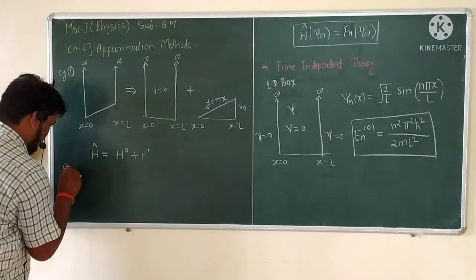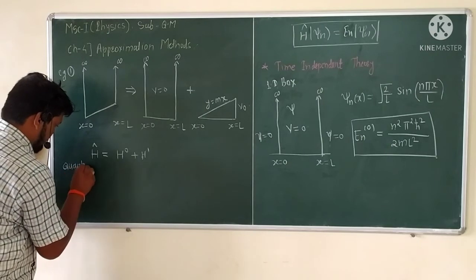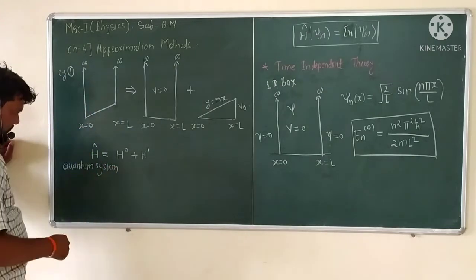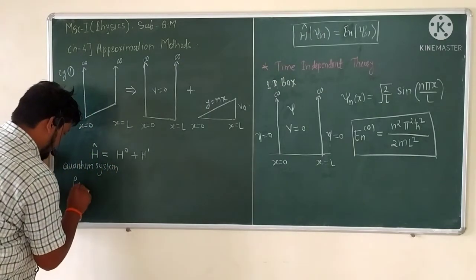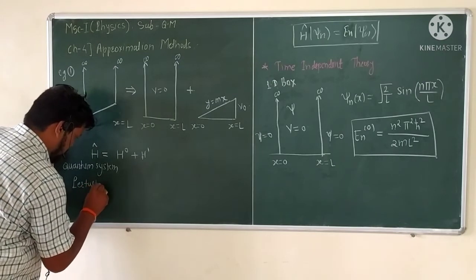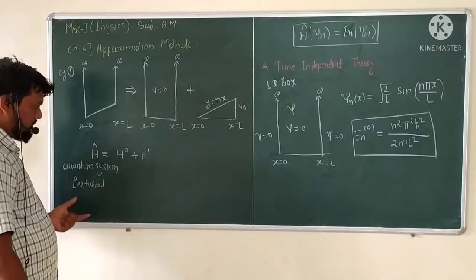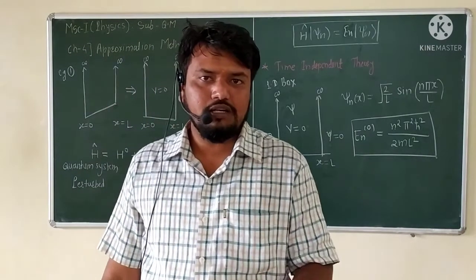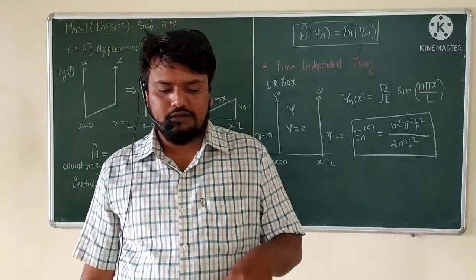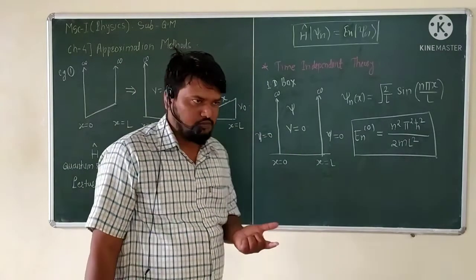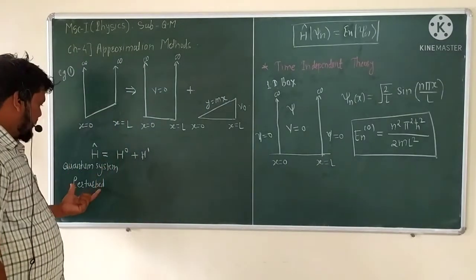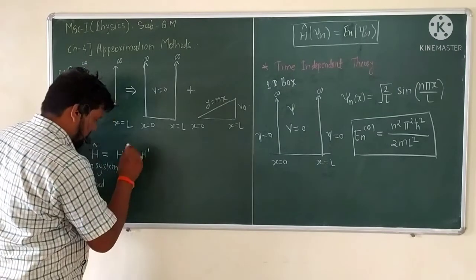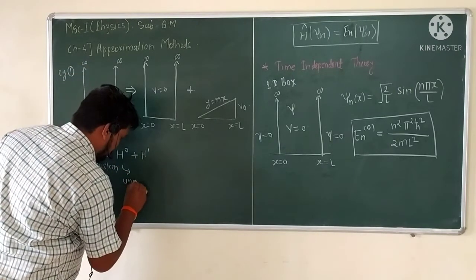This is in a quantum system. So this system is considered as a quantum system, and the total Hamiltonian is considered as perturbed. In this perturbed Hamiltonian, the two main parts are the unperturbed Hamiltonian and the perturbed Hamiltonian, and the extra energy is the perturbation H prime. So this H prime is the perturbation function of the quantum system, and this H naught is considered as the unperturbed function.